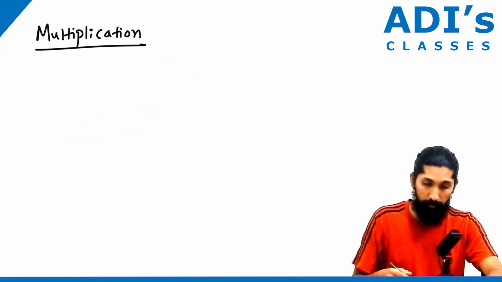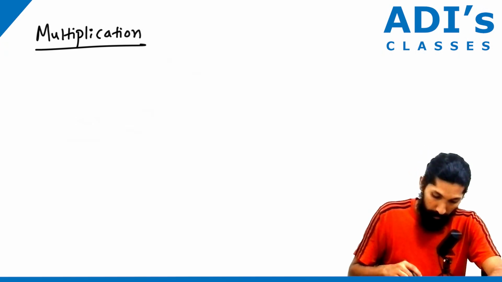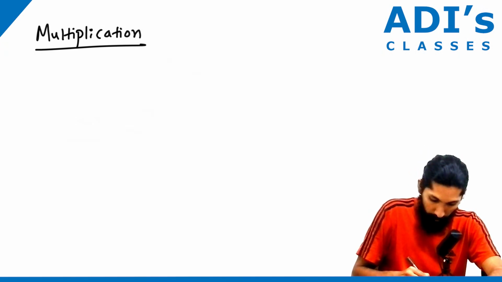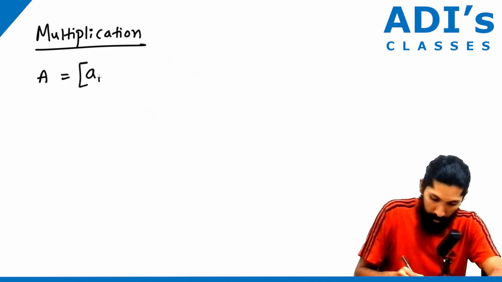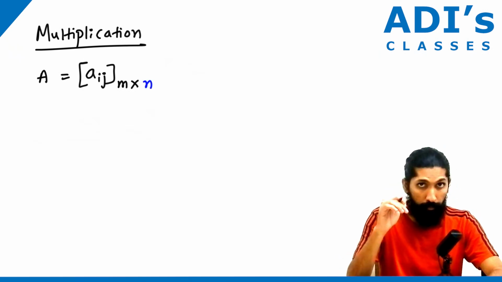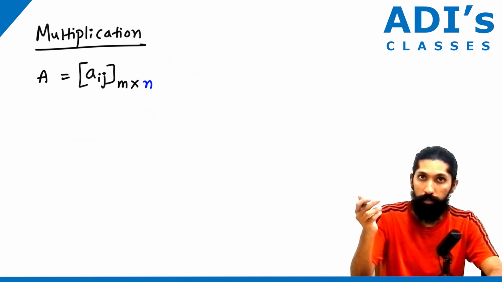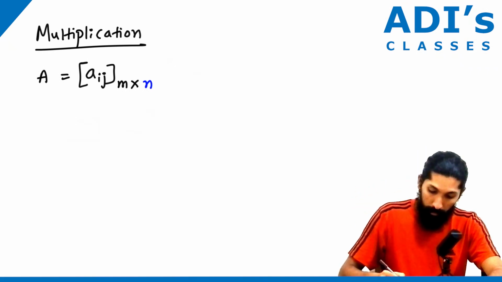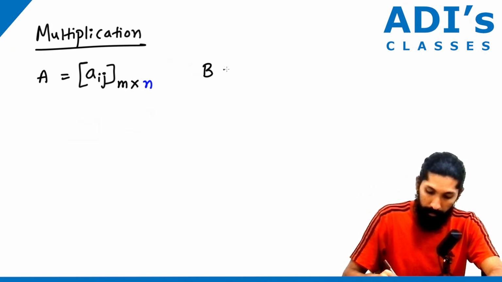Suppose you have matrix A, given by Aij, m cross n. So m is the number of rows and n is the number of columns, isn't it? Now if you have to multiply with another matrix B, which is Bij,